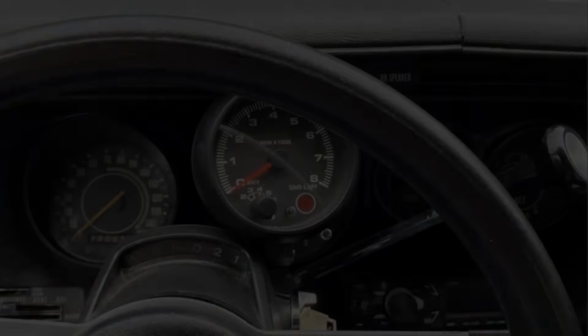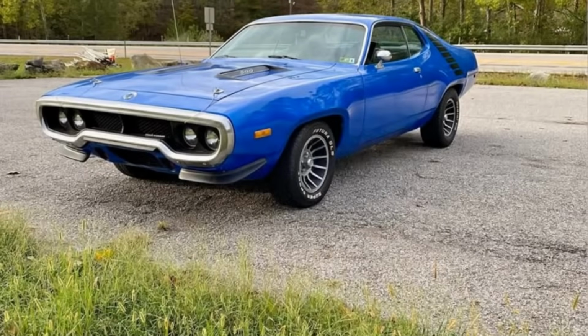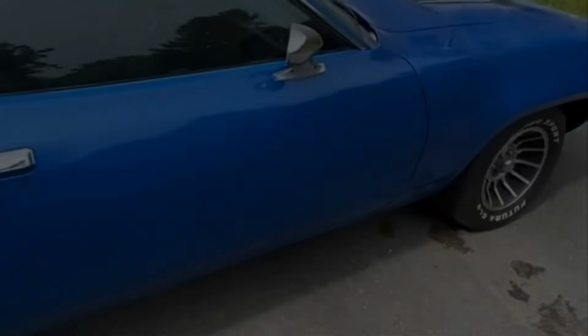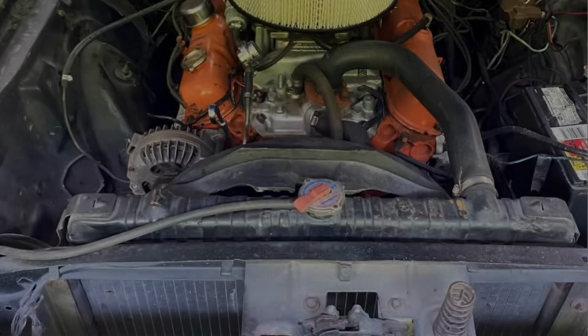The car runs well and is ready to drive, making it a strong candidate for enthusiasts looking to enjoy classic Mopar styling without the higher costs associated with factory Road Runners or GTX models. Visually, the car sits on aftermarket wheels wrapped in like-new tires, giving it a modern stance while maintaining its vintage appeal. The seller also includes several extra parts with the sale, such as another grille, front and rear bumpers,